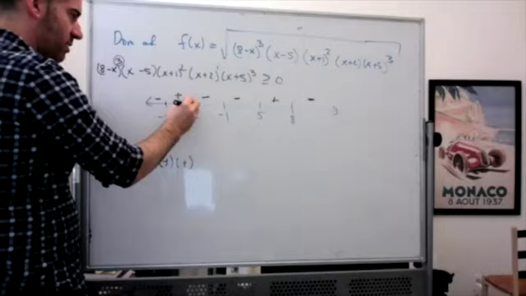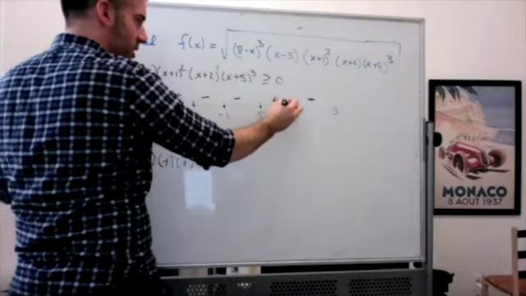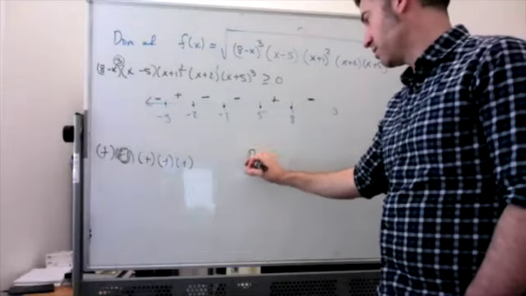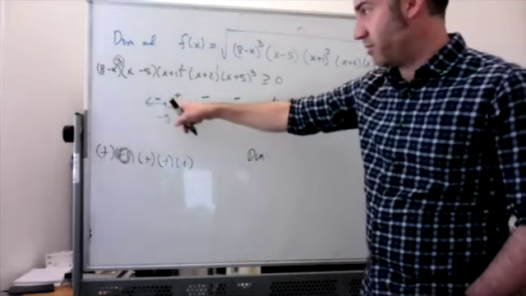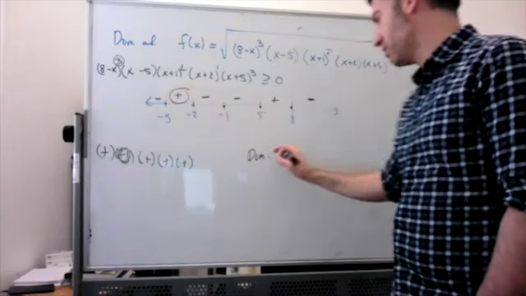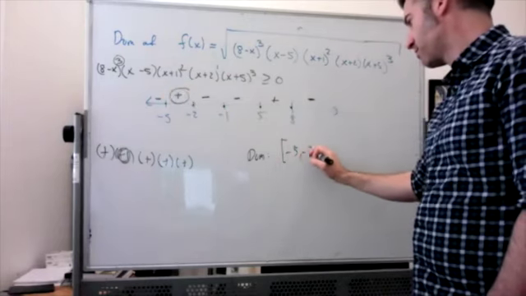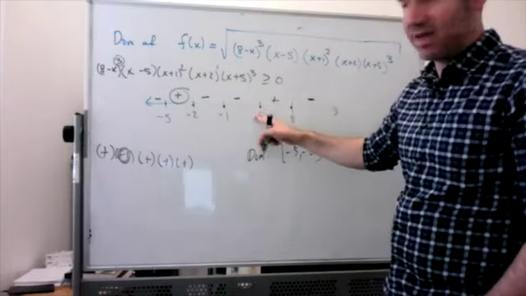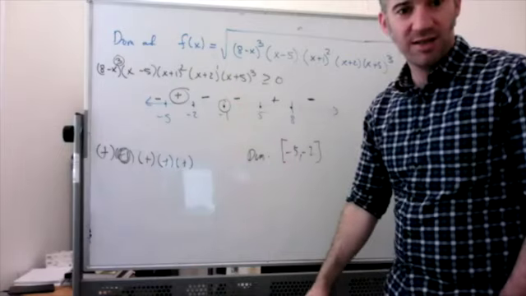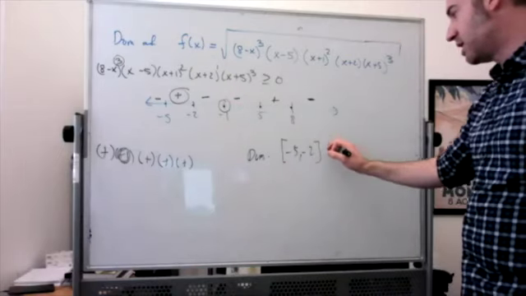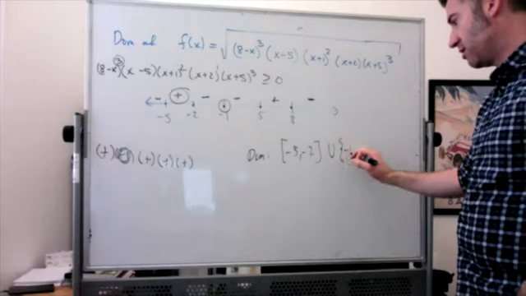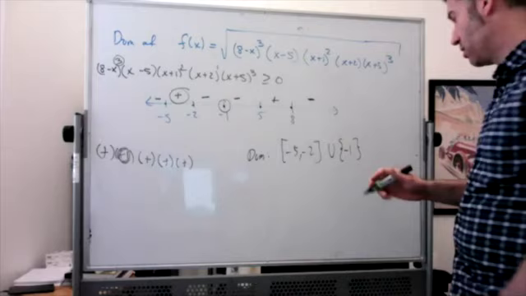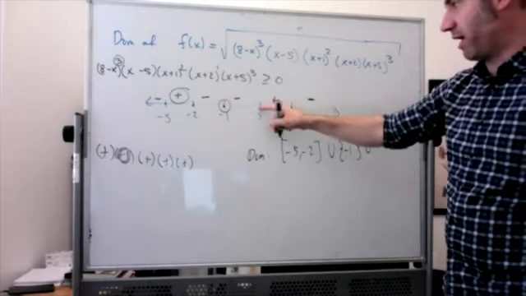I want all the endpoints. Oh, this one has kind of a funky answer. So my domain would be the interval from negative 5 to negative 2, because I want that part. And then I don't want anything from negative 2 to 5, except I want the single point negative 1. And it's typically written with braces, where you just contain the one number. And then you want everything from 5 to